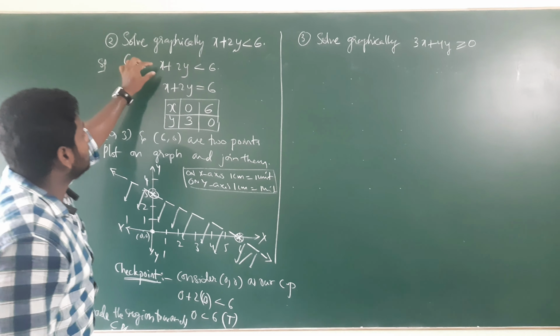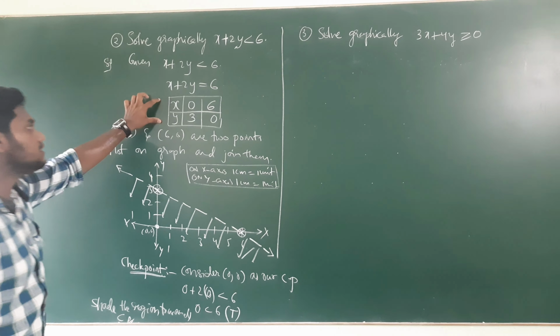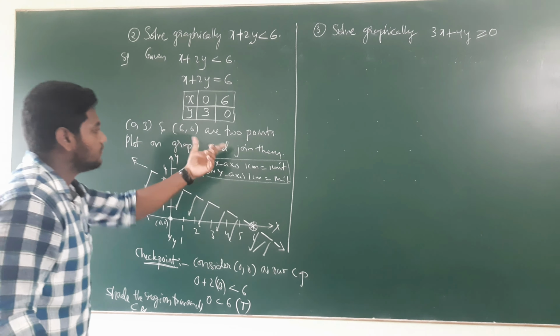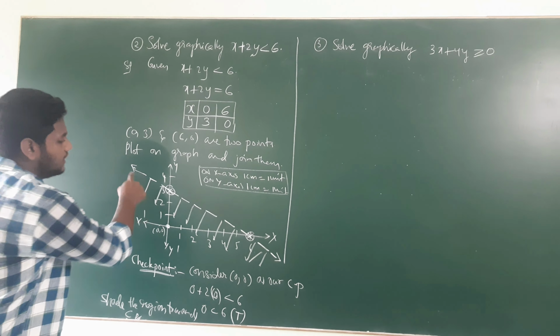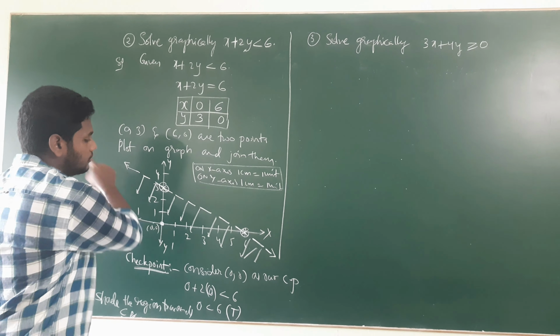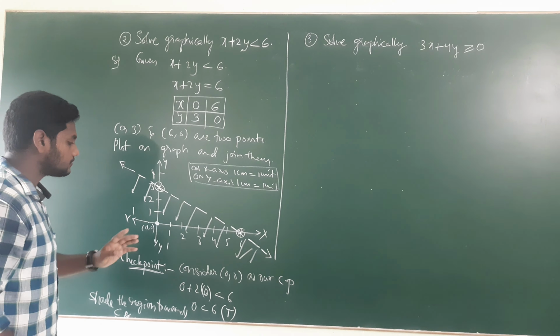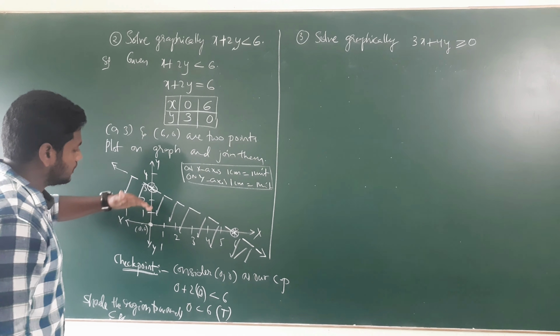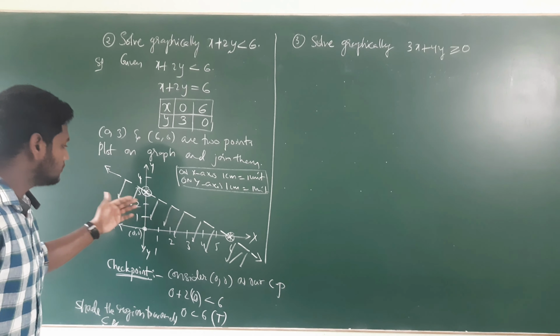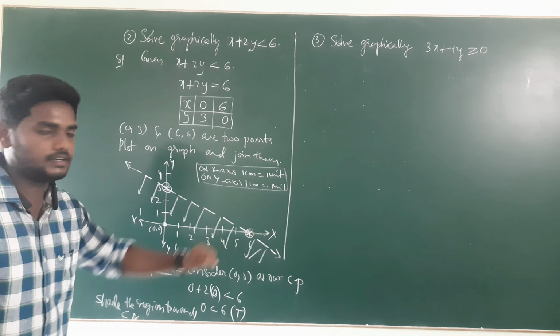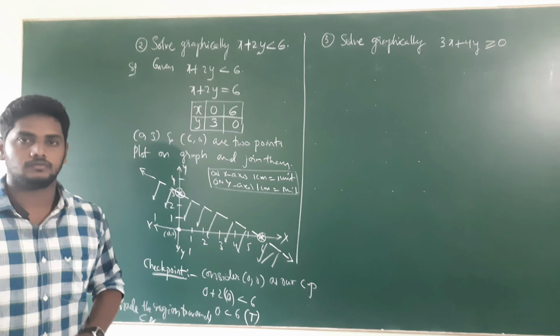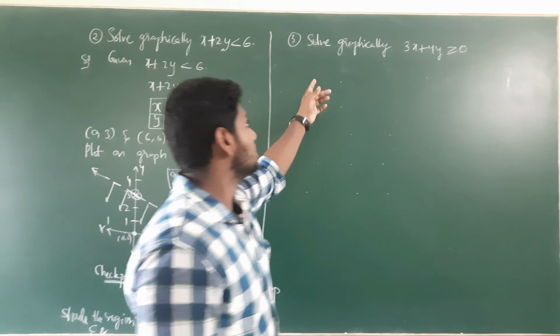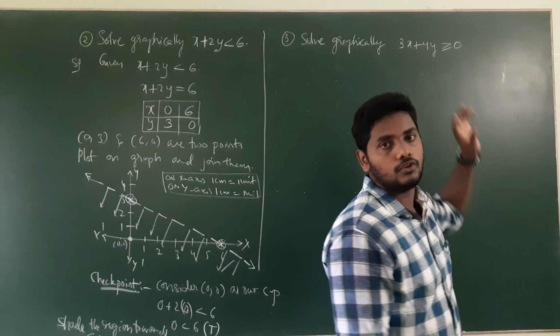First step is converting the inequality into an equation. After that, plot the points on the graph and join them. If it is strict, you need to draw a dotted line, and if it is slack, a dark line. After that, the checkpoint. Why a checkpoint? To identify the region, whether it is the lower or upper part of the plane. So like this you need to identify the region. This is the first step. Then comes question number 3, that is, solve graphically 3x plus 4y greater than or